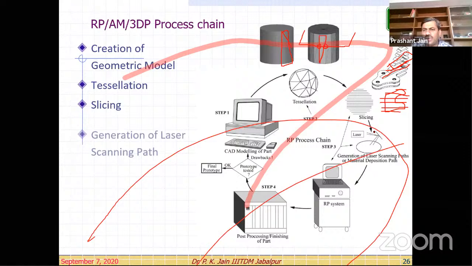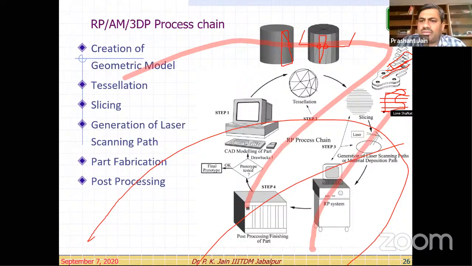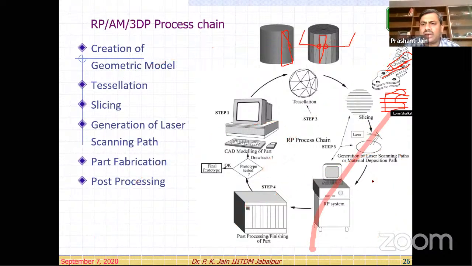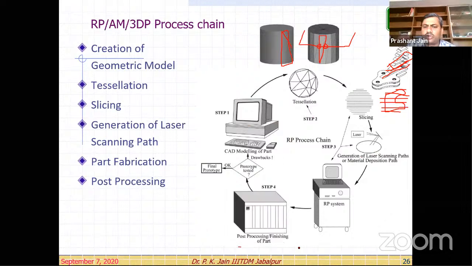So once we complete this nozzle path, then we will convert this into the G-code or any other method to supply to our 3D printing machine, right? Then material will be deposited in the form of a rod, right? Once this material is deposited in the form of rods, then the part will be fabricated after removing. Then we will take it to the post processing and finishing, right? Based on this post processing, we will remove the support materials generated, any burrs, etc.